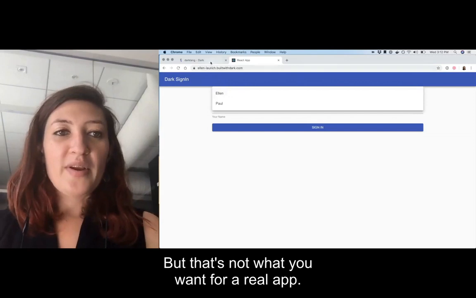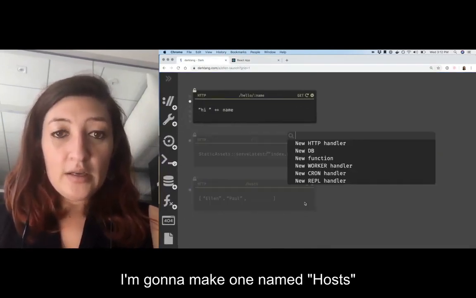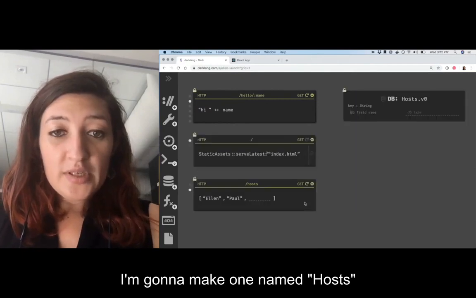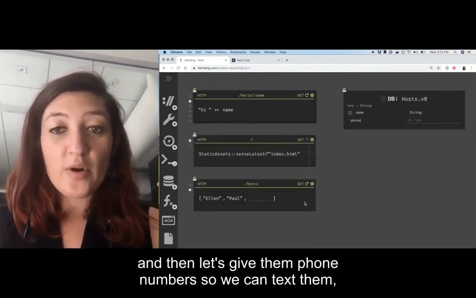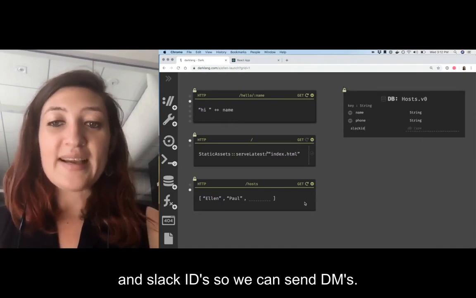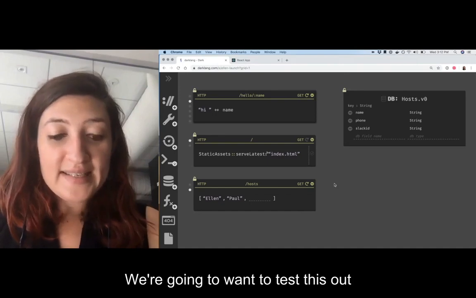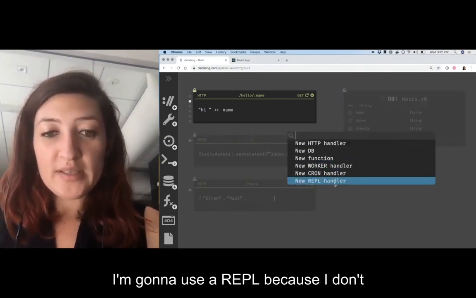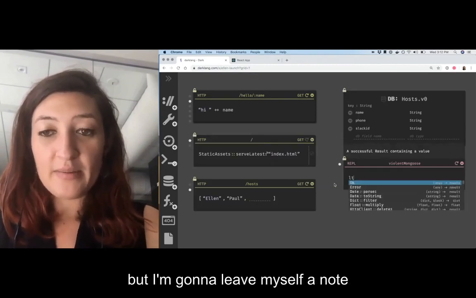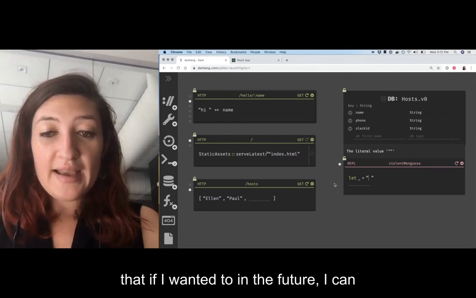But that's not what you want for a real app, so let's create a new data store. I'm going to make one named hosts, and we're going to give our hosts names, obviously, and then let's give them phone numbers so we can text them, and Slack IDs so we can send DMs. We're going to want to test this out, so I'm going to quickly add myself into the data store. I'm going to use a REPL because I don't have a front end built for this in advance, but I'm going to leave myself a note that if I wanted to in the future, I can